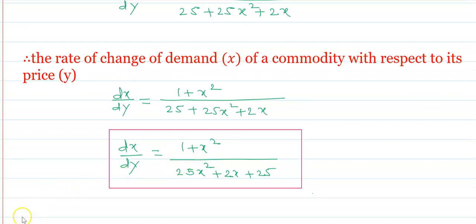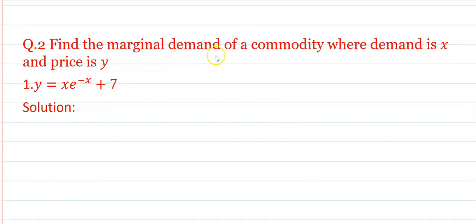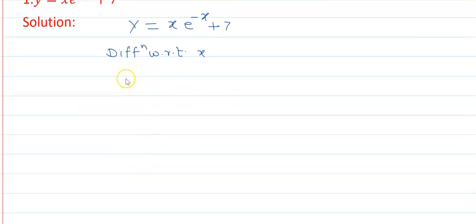Now the next question. Find the marginal demand of the commodity where the demand is x and the price is y. Again the same type of question. Therefore y is equal to x into e raised to minus x plus 7. Now differentiate this with respect to x. And therefore dy by dx